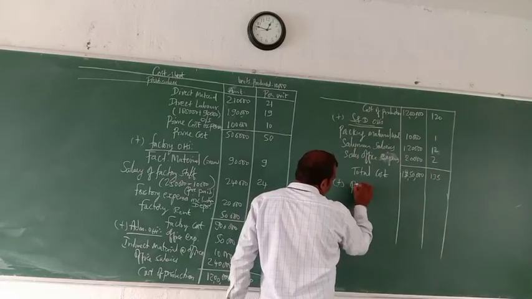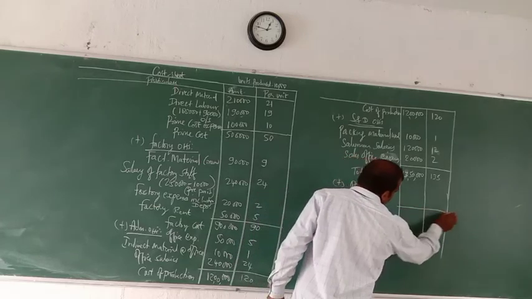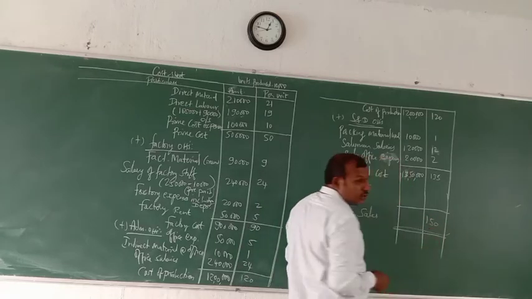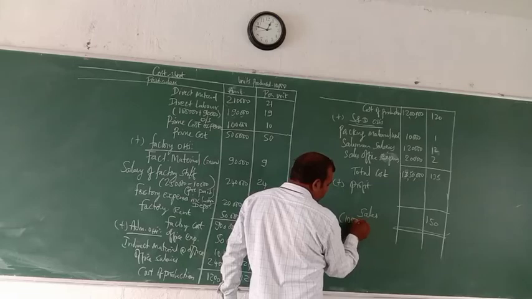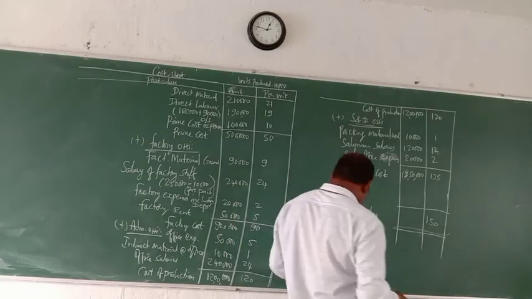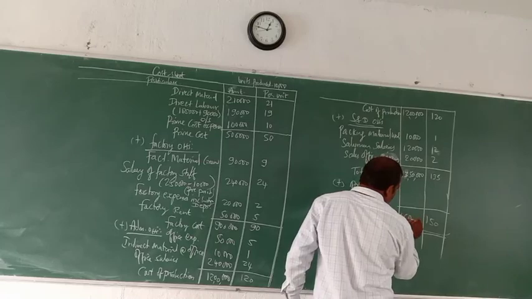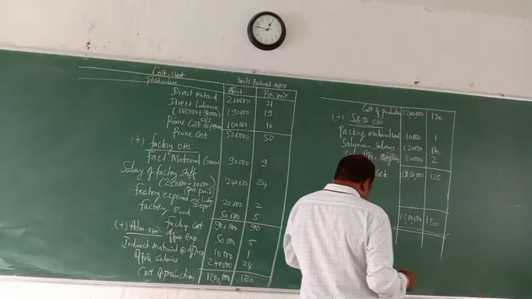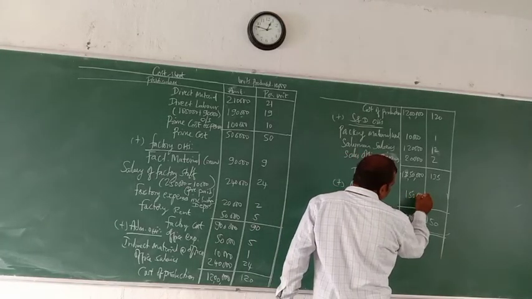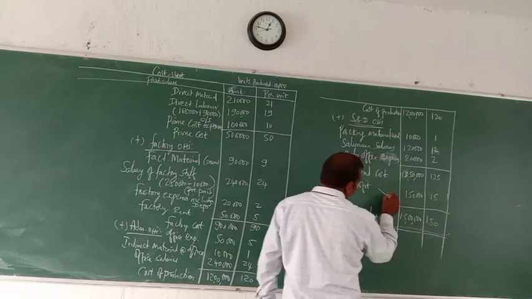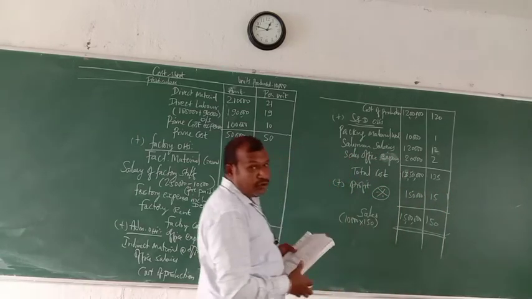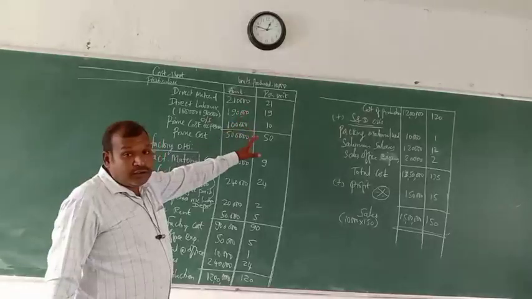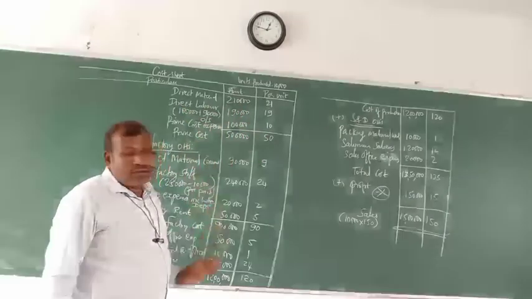Add profit, but no profit information is given, but sales information is given. That is 150 is the selling price. So units produced is 10,000 into 150, you get 15 lakh. Okay, now we got the sales. Take the difference. 1,50,000 is the difference amount. Divided by 10,000, 15 is the profit. So when units produced is given, we have to maintain the per unit column. For each expense, you have to divide by units produced. Then you will get the per unit. Thank you.